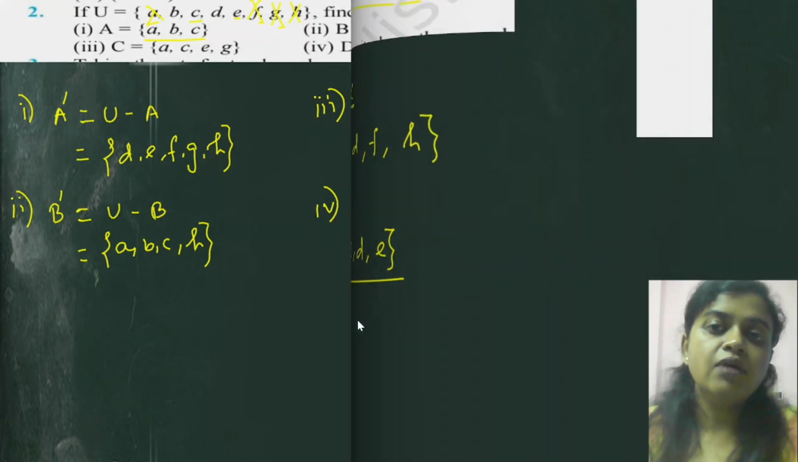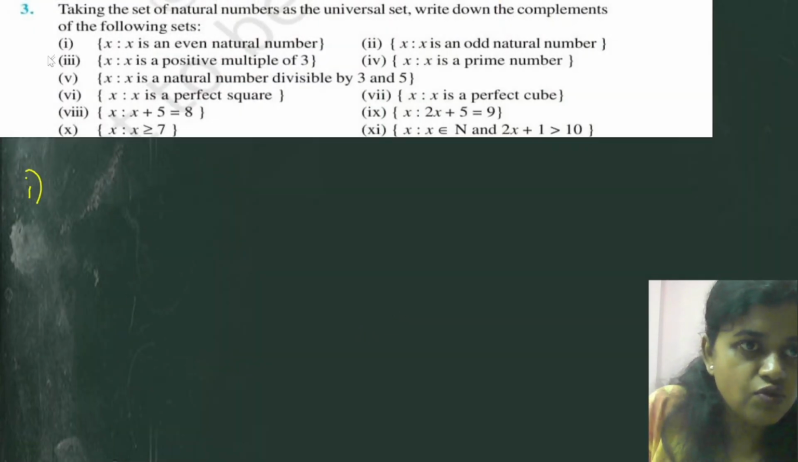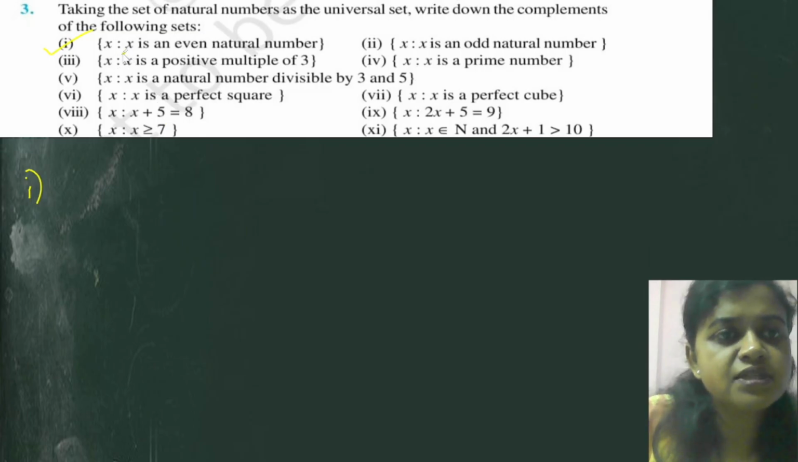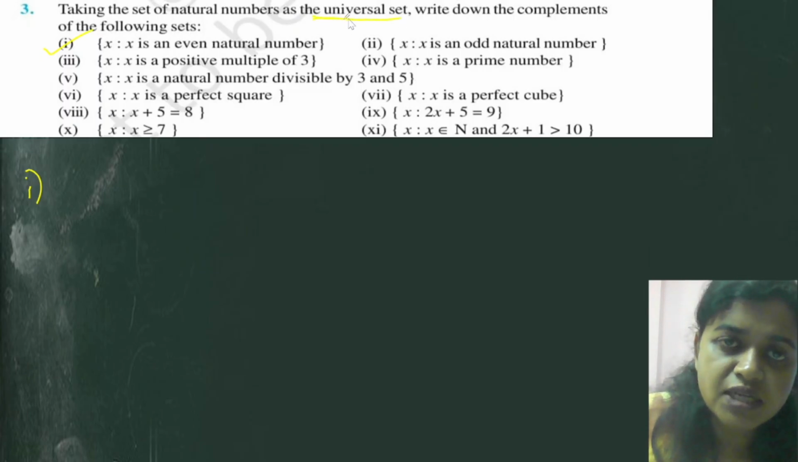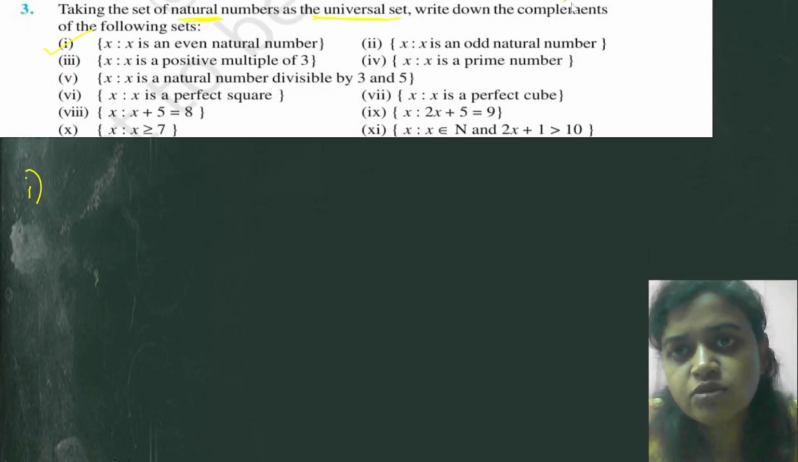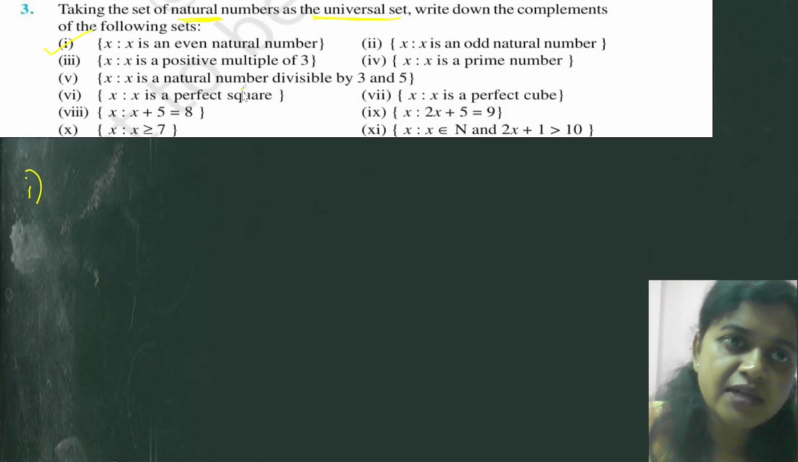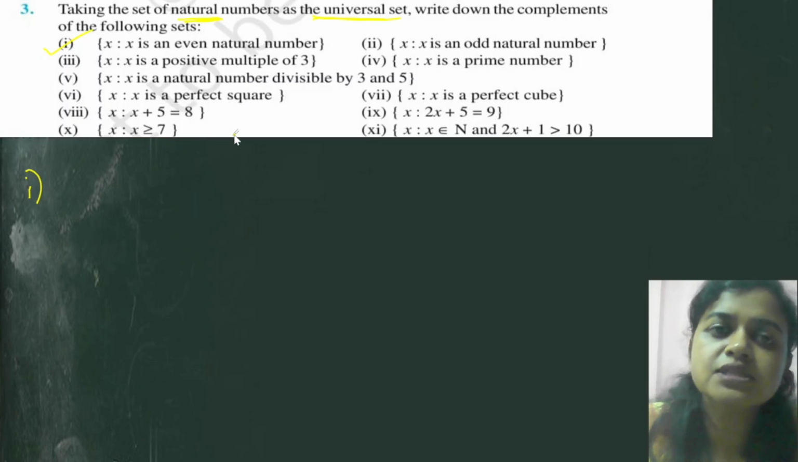Okay. Now question number 3. So we'll do the first question. X is an even natural number. So what do you have to find? Taking the set of natural numbers as a universal set. Which set? Natural number set: 1, 2, 3, 4 and so on infinitely. And write down the complement of the following set. So you have to take the universal set as the natural number set, and based on this universal set you have to find